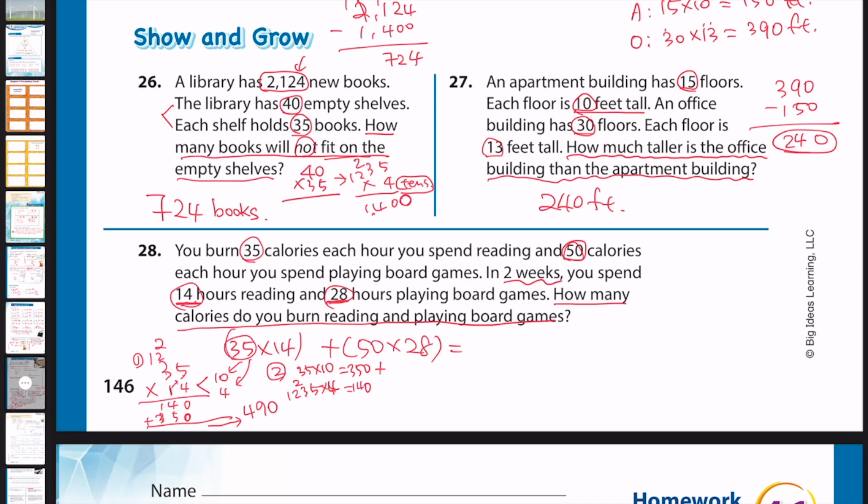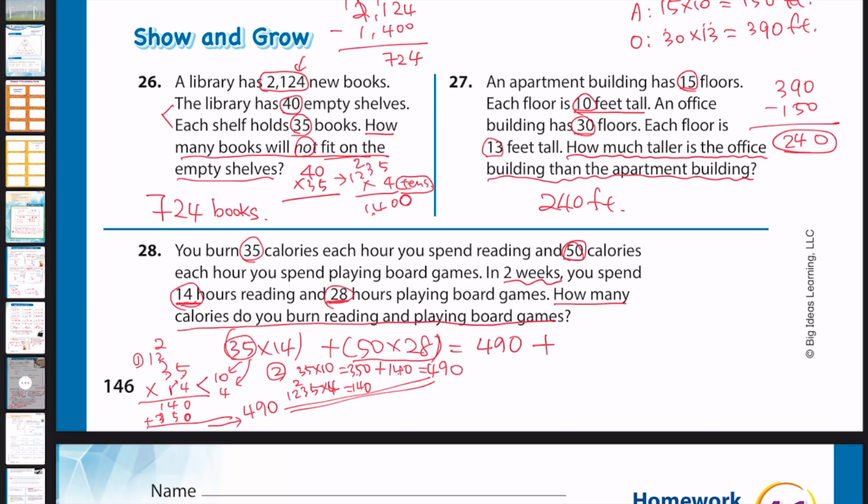Okay, makes sense? 12 plus 2 is 14. So 140 is what? 0 and 10's place are 9 and 4. You see the same thing? So either way is fine, whichever you feel comfortable. So we got the 490